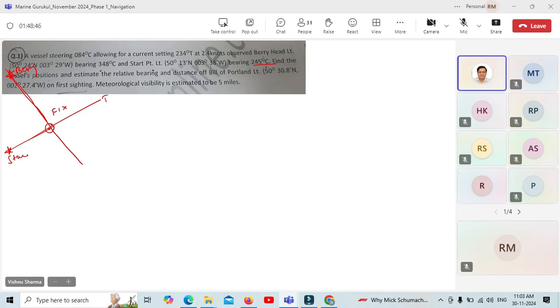Guys, these are true bearings, okay? Am I clear about it? This is a true bearing. This is also a true bearing. Can you get this fix? Yes or no? Yes, sir. Okay. Now,